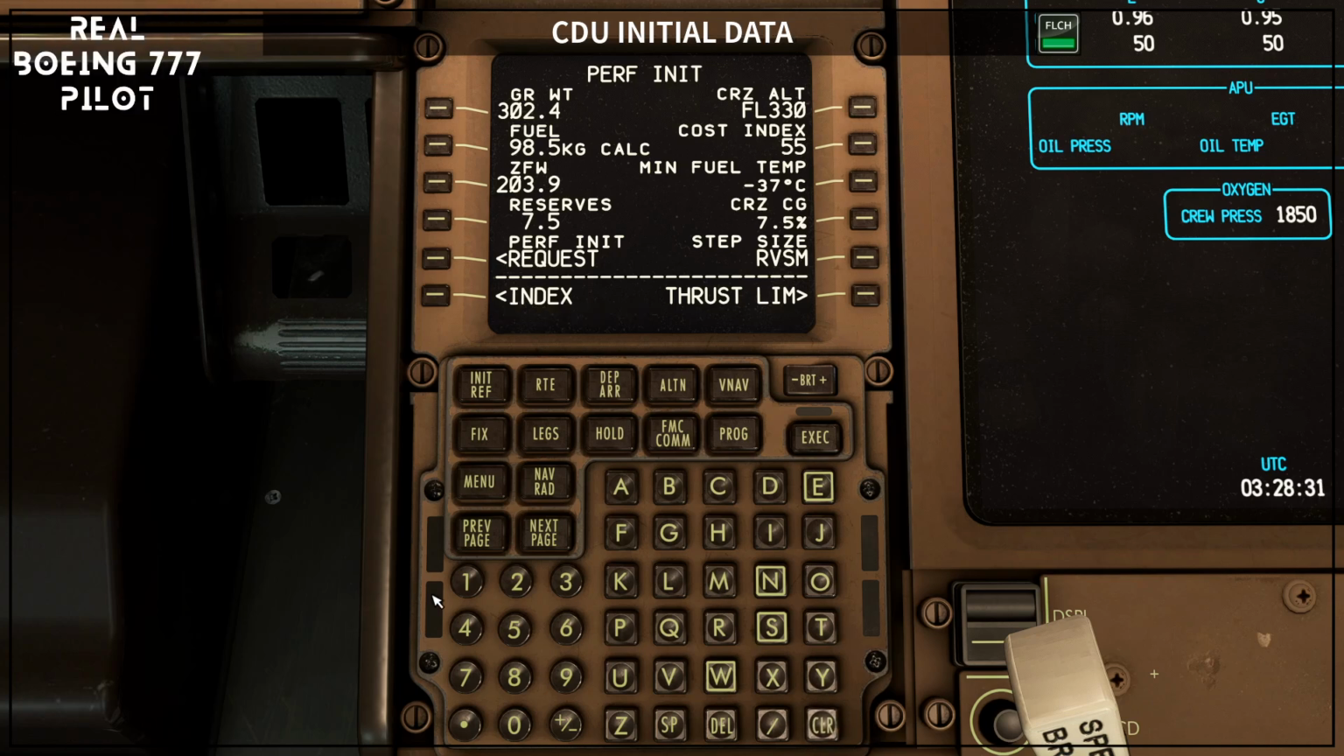Let me just show you that it accepts, because it can take I for ICAO or RVSM. In this case, the PMDG doesn't accept it, so just go for R, RVSM, A, B, C, D, E, F, G, I for ICAO, okay? Or select